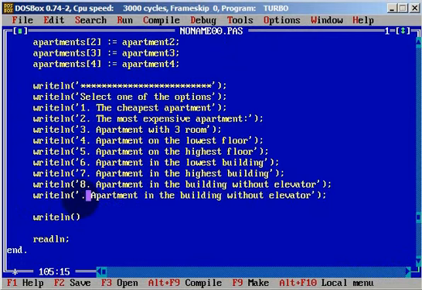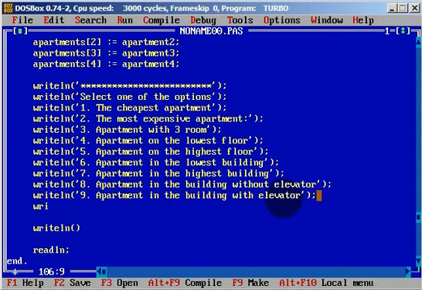Okay, and here will be option number 9, and it will be with elevator. And option number 10, okay, we will find just the closest apartment to the city center, can be nearest, but okay, to the city center. Okay, and this will be